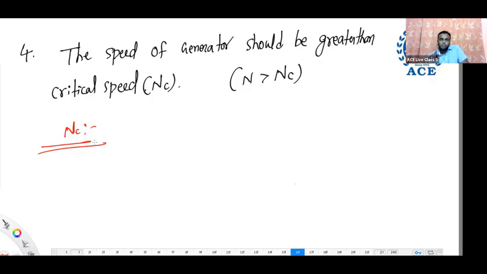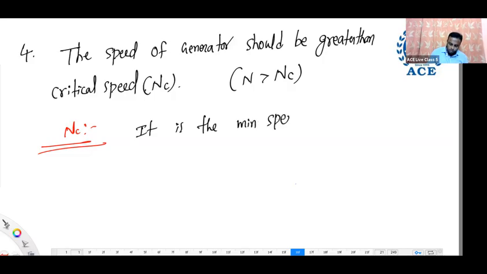Critical resistance is what? The maximum resistance. So don't confuse these two. Critical resistance is the maximum resistance, but critical speed is the minimum speed of the generator we need to rotate. Right, here is the statement. Critical speed is the minimum speed of the generator